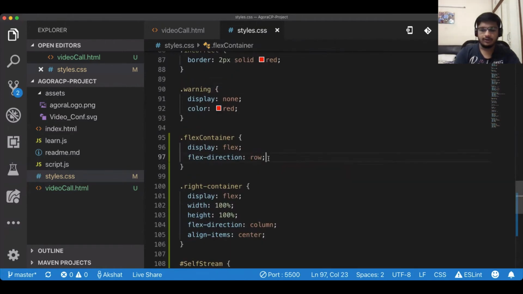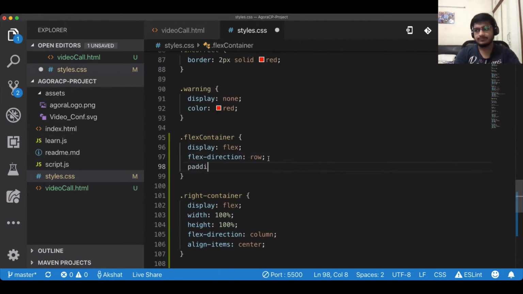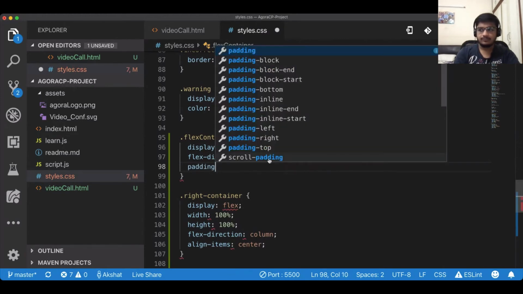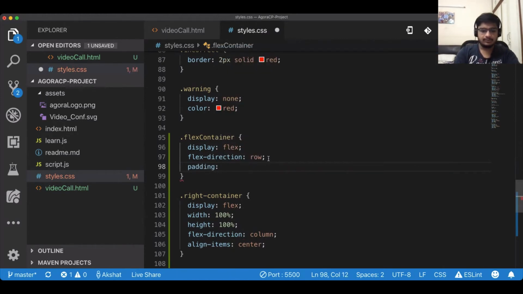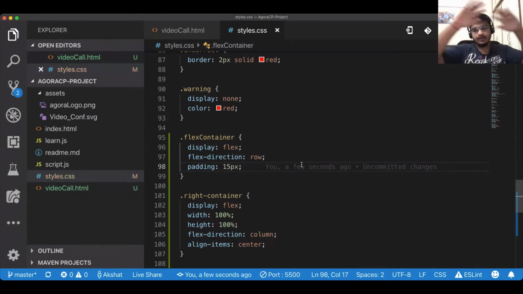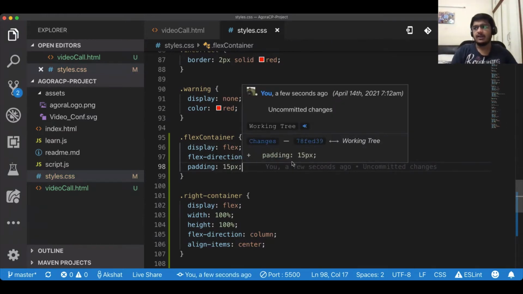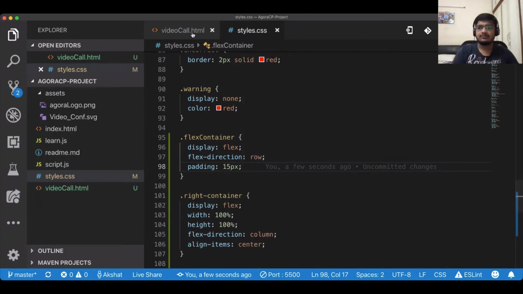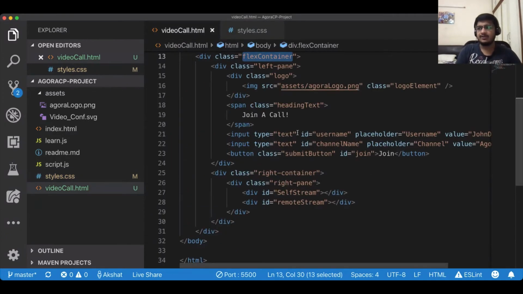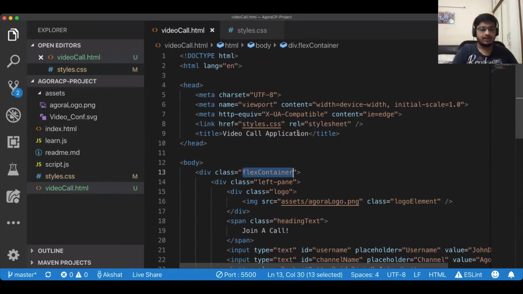Yep. So what I'll do is padding 15 pixels. So this will add padding on all four sides. And now you have a flex container with some padding as well. So that's about it for our HTML as well as CSS.